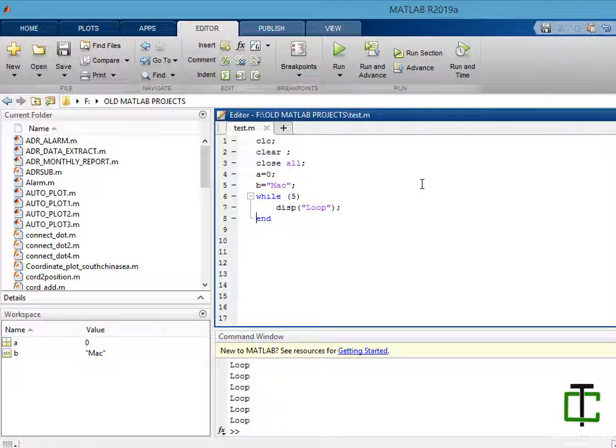Okay, stop this. So let's see the function pause again. Here it's the same function with a different color. What is it? Pause 3 means it will delay this loop by 3 seconds. Play it. Then after 3 seconds it will loop again.